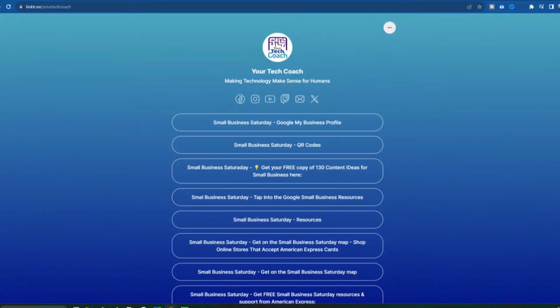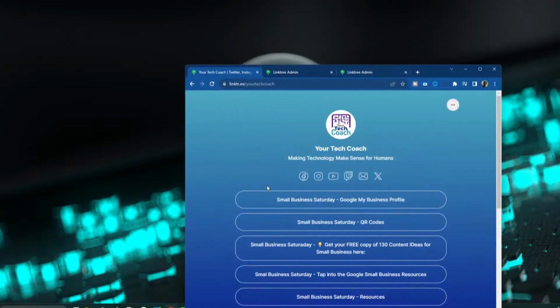You can then reference people. So like, for example, mine is Linktree, your tech coach, which is in the description, by the way, if you want to go check it out. But here I can show you. So it probably is not going to show it. Let me see if I bring this down here. Okay, so if you look here,